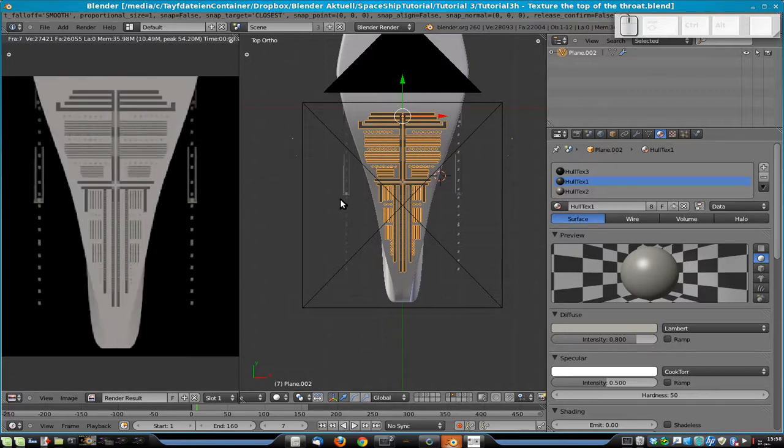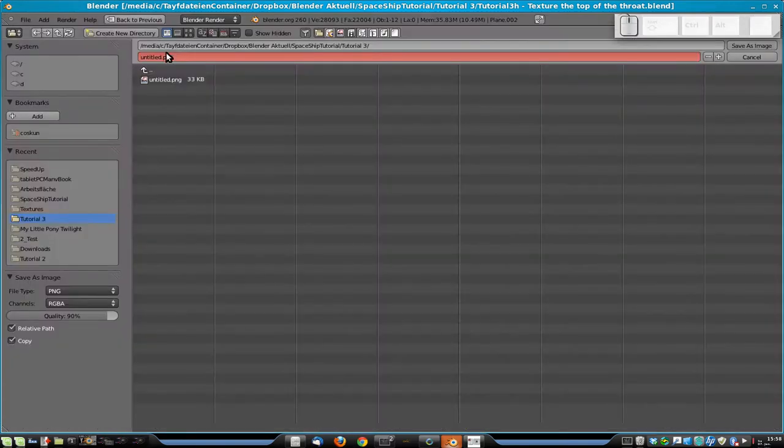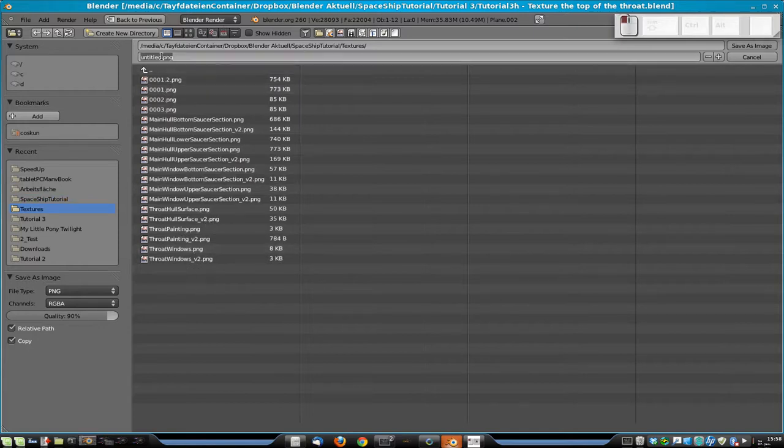We could also set all of these to invisible while rendering, but they don't disturb us, so we will just let them there. And now say save to textures, and see this time this is this throat surface,